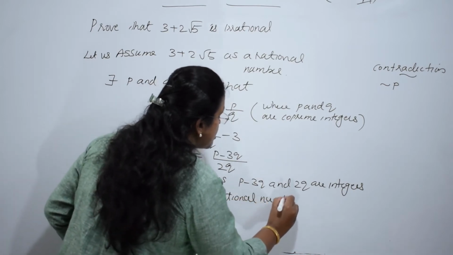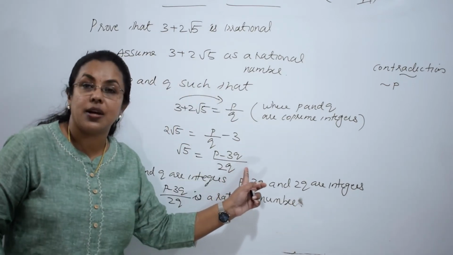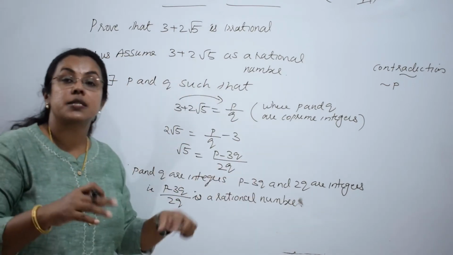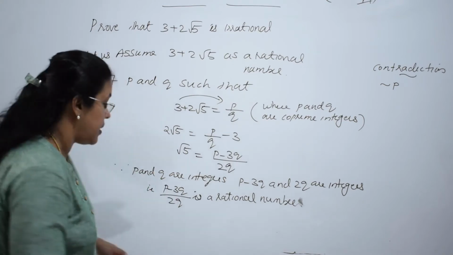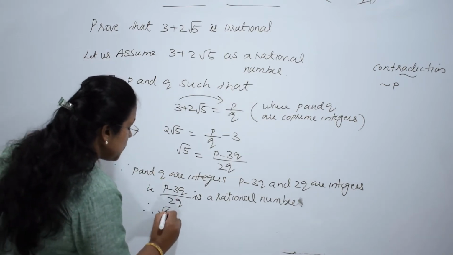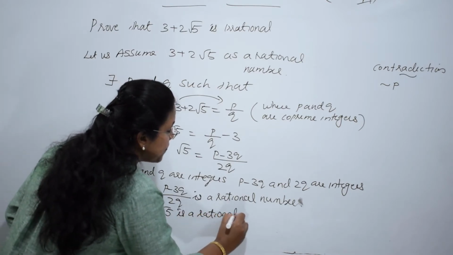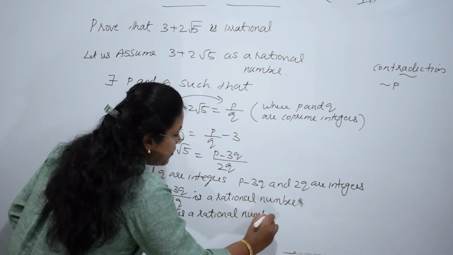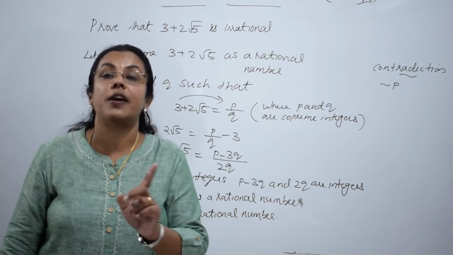If the left hand side is rational, then the right hand side must be rational. Therefore, root 5 is a rational number,